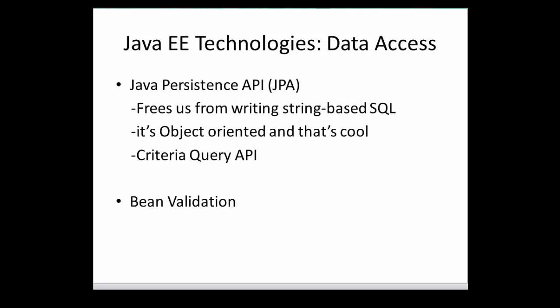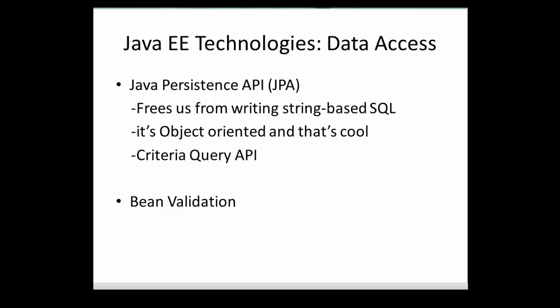So the other side of our application will be the data access. We're going to be talking to a database. We're going to be using a MySQL database for this training. For accessing the database, we're going to be using JPA, which is the Java Persistence API in Java EE. It allows us to write our code in an object-oriented manner. Java is very object-oriented, so we're not going to be bothering ourselves with writing columns and rows in the table. We're just going to write our application in an object-oriented way, and we will trust this technology to convert it to database language on our behalf. It's cool. It's really cool. It makes our life very easy.